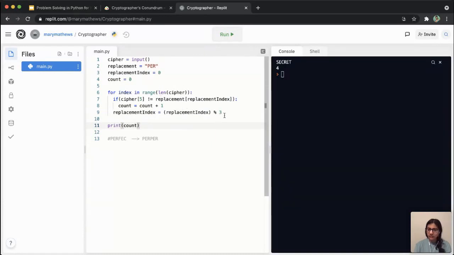And it would never change because 0 mod 3 is 0, so it would just always be 0. It would be like trying to get just P over and over again. Because you're never changing your replacement index, so you're always comparing with the first character. So that's why we need plus 1.